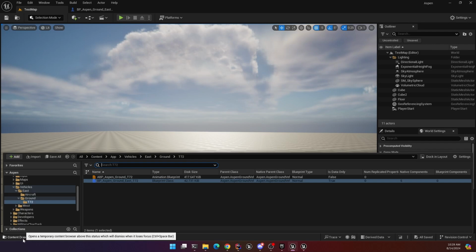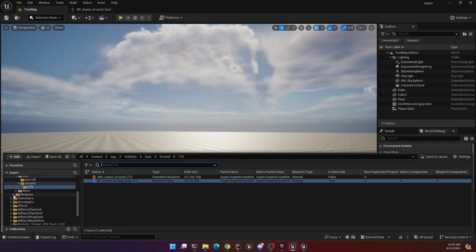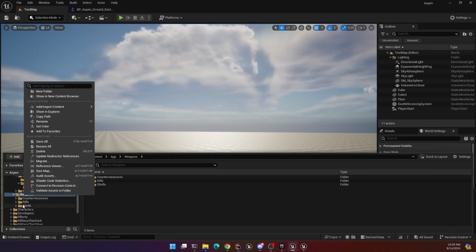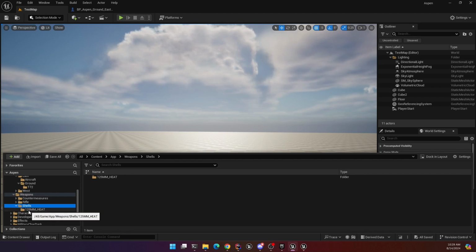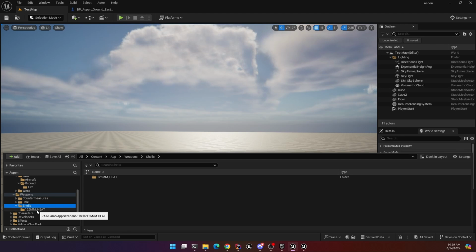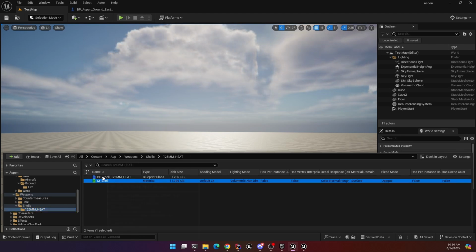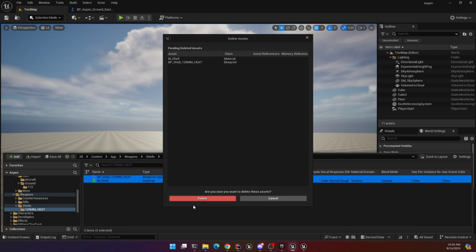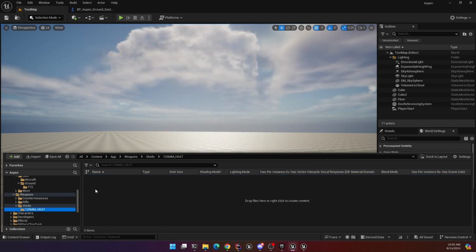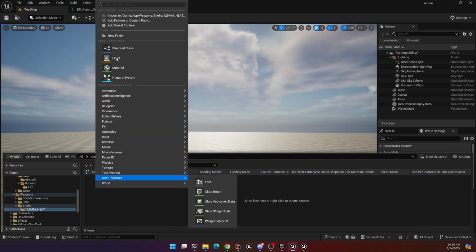Instead, I'm going to come into weapons, and I've already got a shells folder here, and I created a 125mm_heat. So that's high explosive anti-tank. This is the round that we're going to fire, and I'm going to get rid of these because I think they're bad. So I'm going to start over here and do a blueprint,